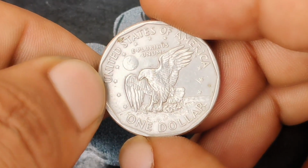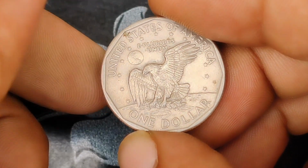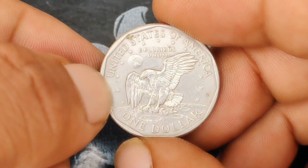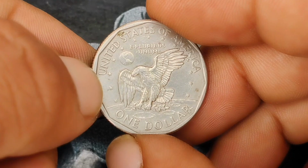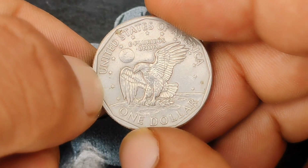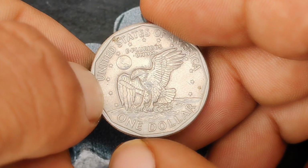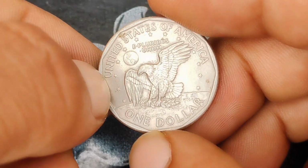While most 1999 dollars are worth their face value of $1 or just a bit more, the no mint mark version in extra fine condition can fetch anywhere from $573,000 depending on demand and the exact condition of the coin. To give you an idea of its rarity, finding one of these in extra fine condition is quite a treasure. The extra fine condition means that the coin has minimal wear, with sharp details and a relatively shiny surface, which